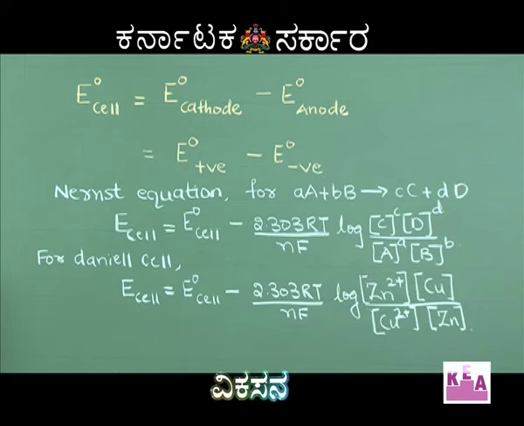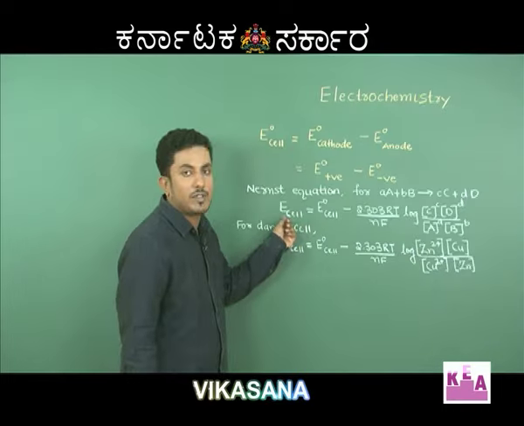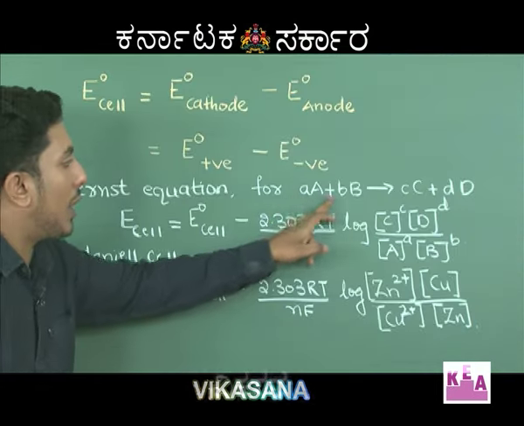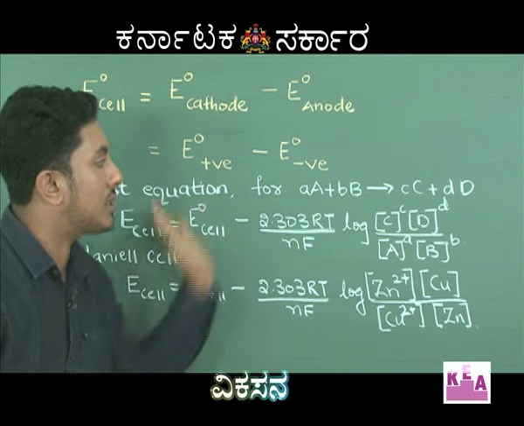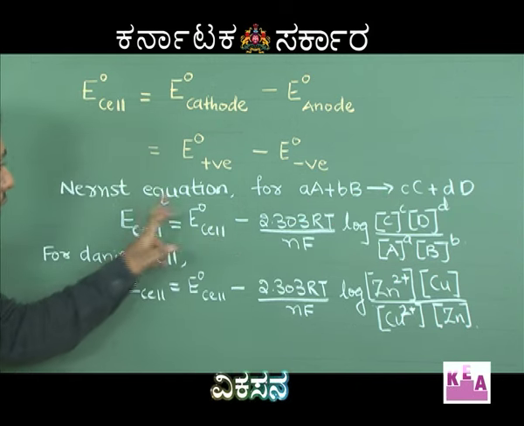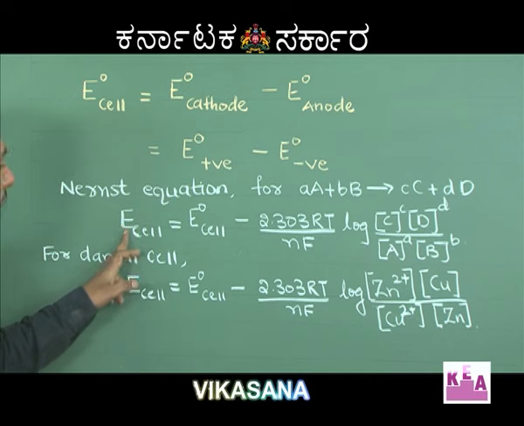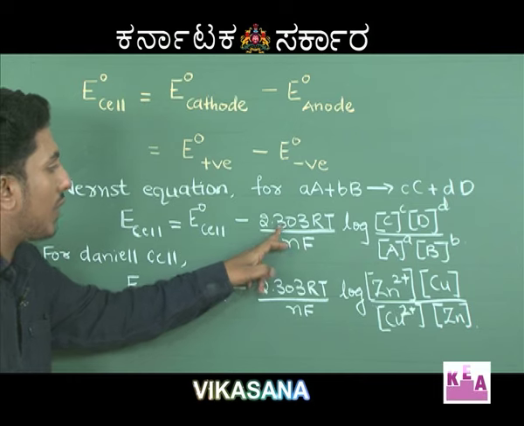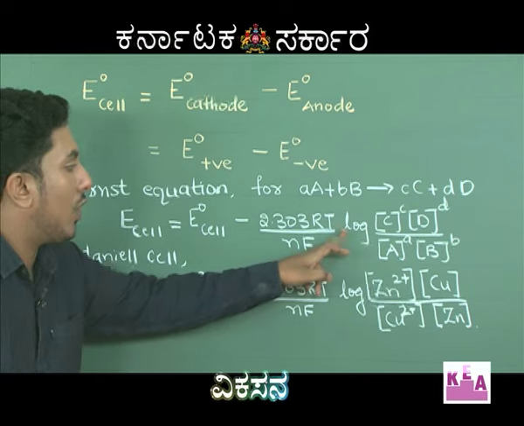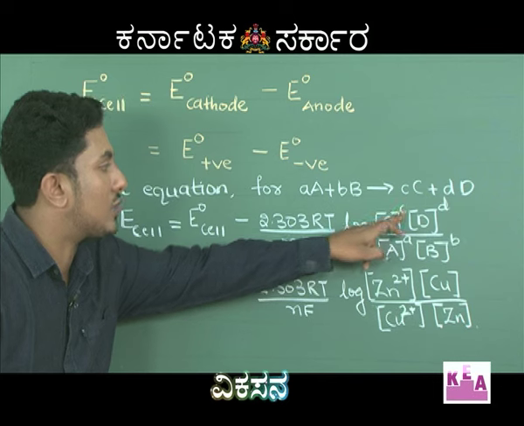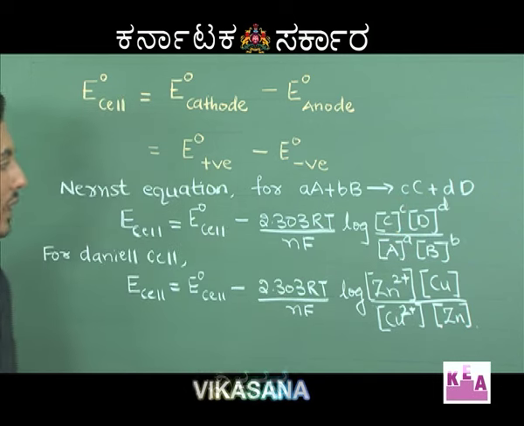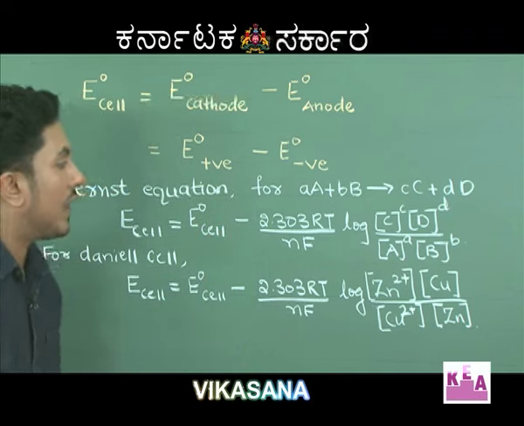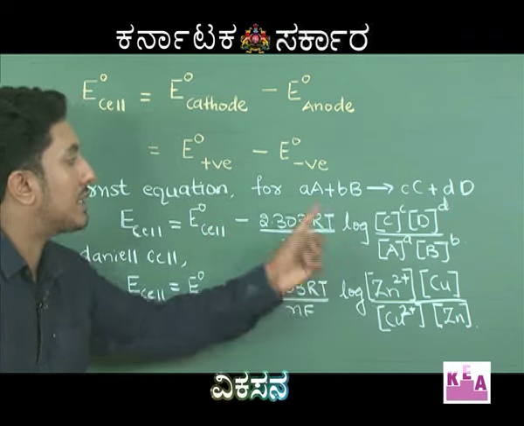Nernst equation also can be used to calculate the EMF of a cell at various concentrations. For a reaction aA + bB giving cC + dD, according to Nernst equation, EMF of a cell or cell potential is equal to E naught of cell minus 2.303 RT divided by nF log of concentration of C raised to c, divided by A raised to a and B raised to b,